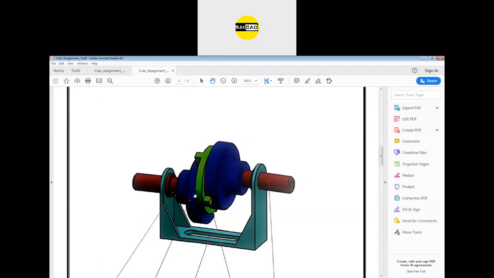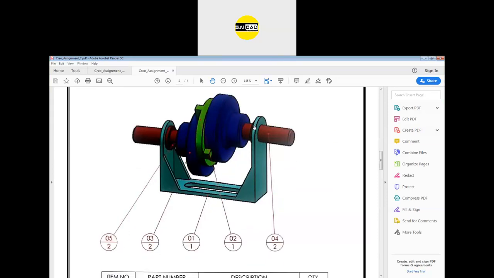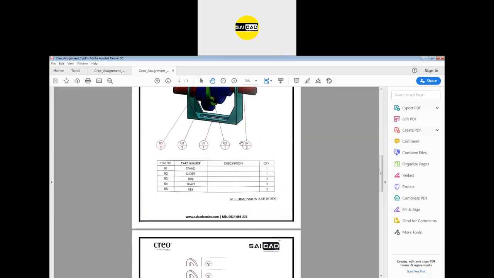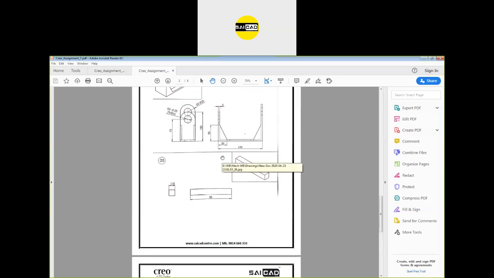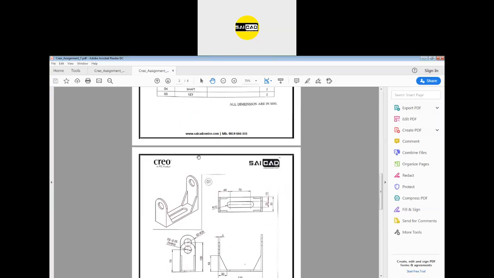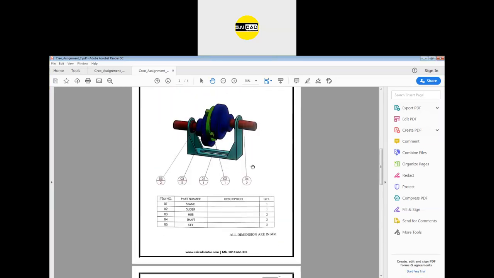So we have to apply some relation here. First, we have to apply a relation here, a relation here. You have to make them fix these two objects, and you have to make a relation here also. So this will be made by you. You will cover this and you will ask the question in the next session if you face any problem. I think you will not face any problem because I have covered all the commands that you need for it.